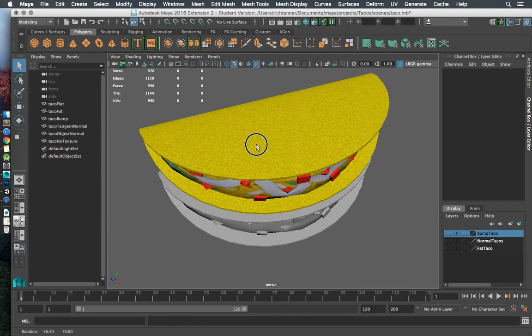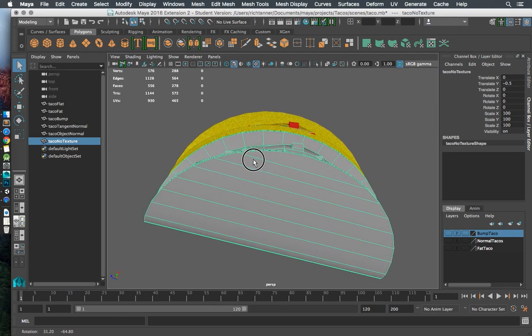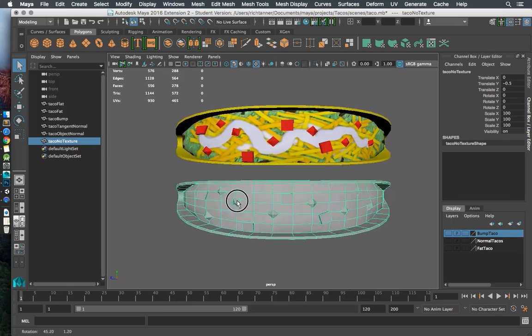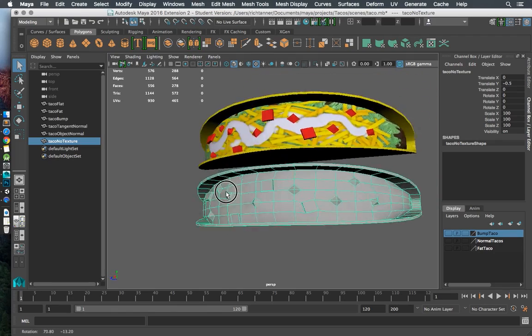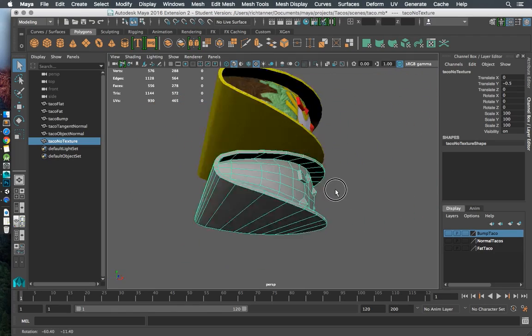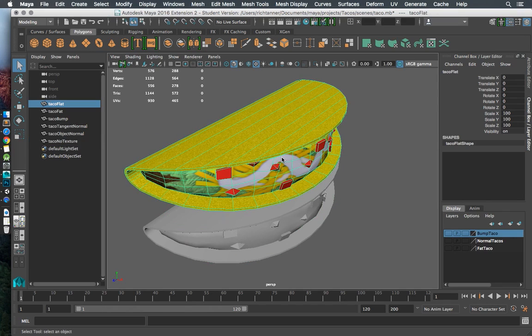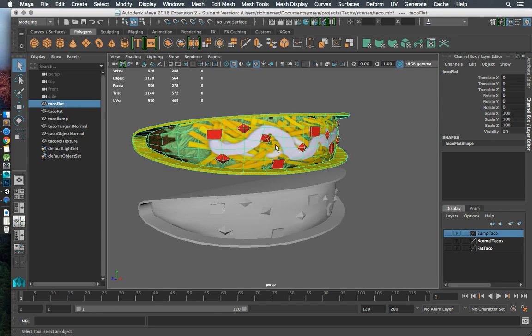And this is the Taco. So fairly low poly. It's got 288 vertices, 278 faces. I think it's possible I could even lower this down some more, but this is fairly workable. So I've got a flat texture on this, right? So these are the same taco, same mesh. This one I've just done a UV unwrap on, and